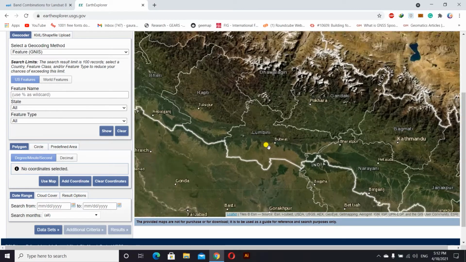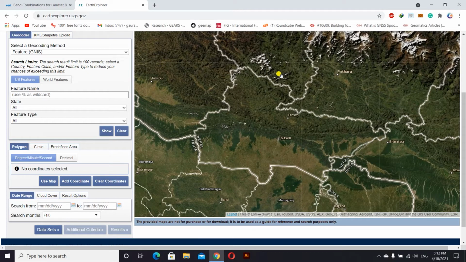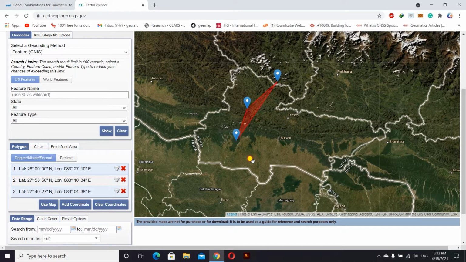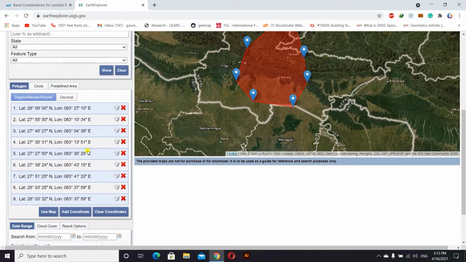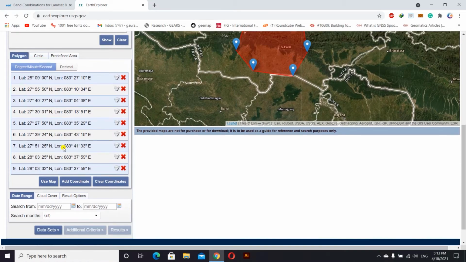So after that, select the region where you want to do analysis. So this is the region. This polygon can show me the region where I want to do the classification. After that, we should go to